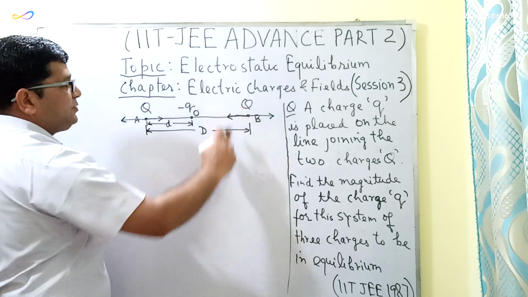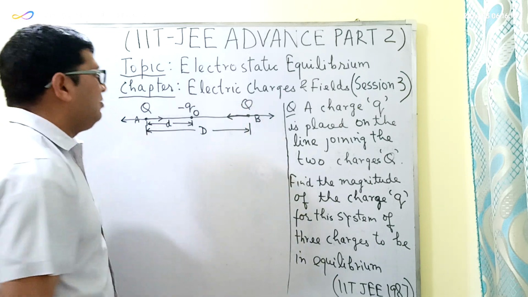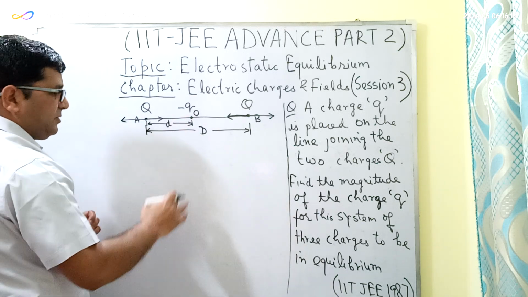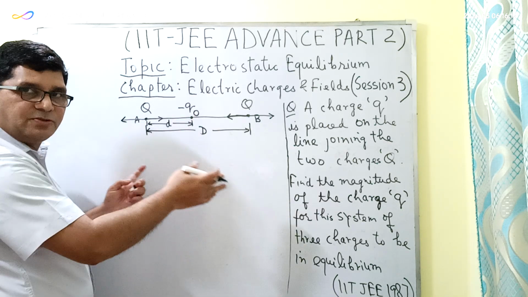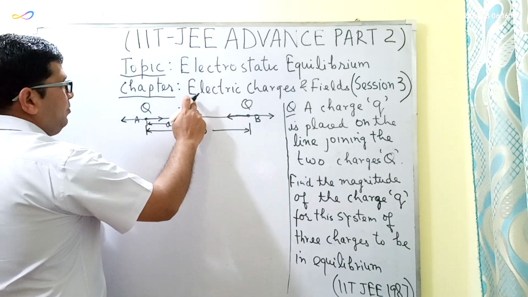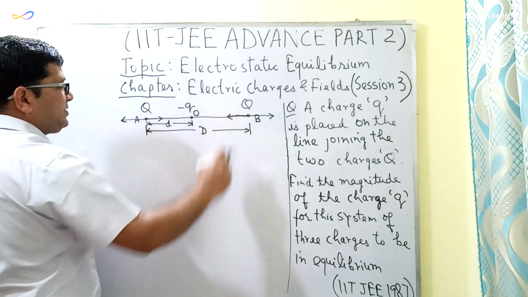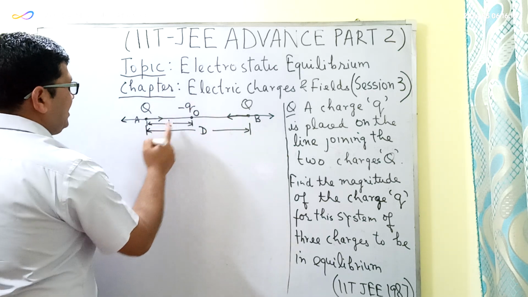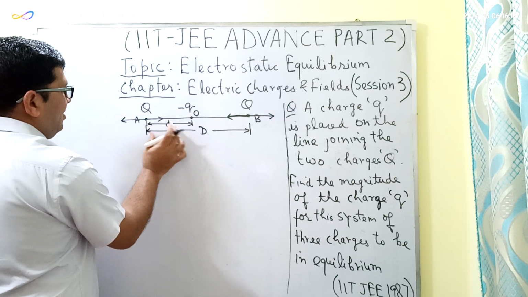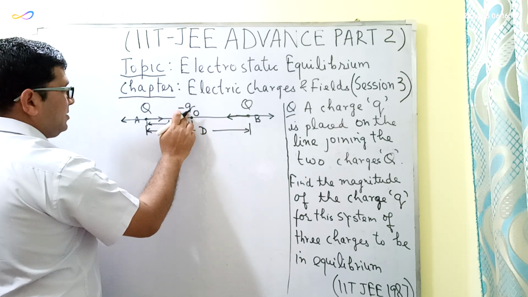So if both these two forces are equal, then this charge will be in a state of equilibrium. So now, based on this idea, based on this concept, we will first try to find the position of this charge small q on this central line. So let us consider, as I have just taken here, that the distance of this charge